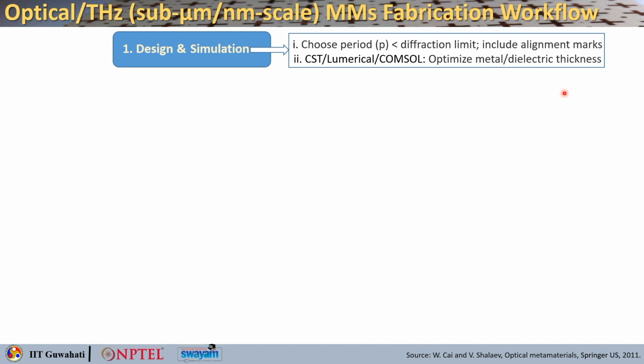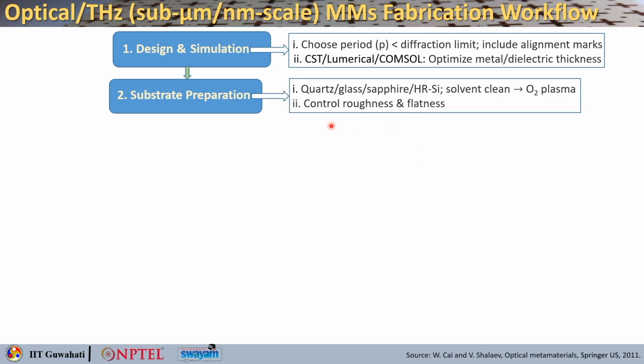You can use them to optimize your design. Once the design is finalized, you can go for substrate preparation. So, for fabrication, take quartz, glass, sapphire or high resistive silicon as substrate, and perform the solvent clean. You can use O2 plasma, oxygen plasma, and polish it to control the roughness and flatness of the